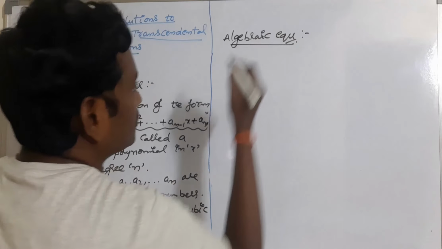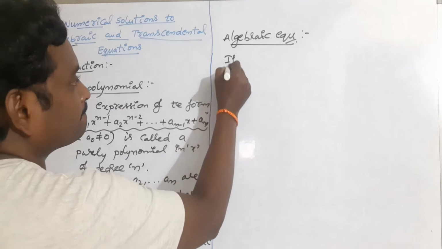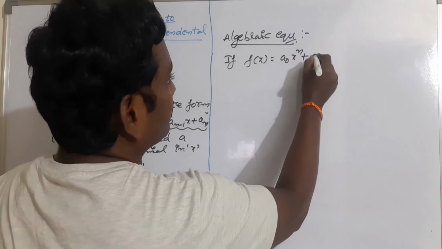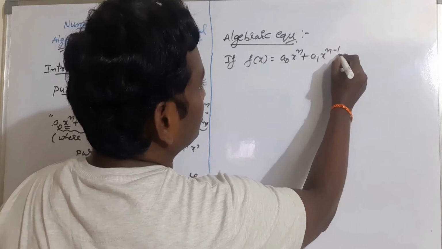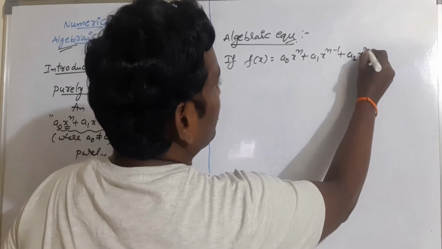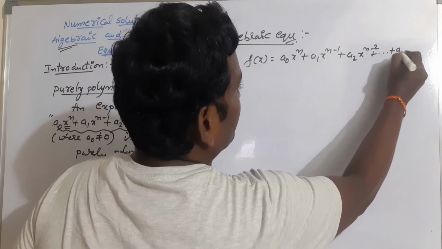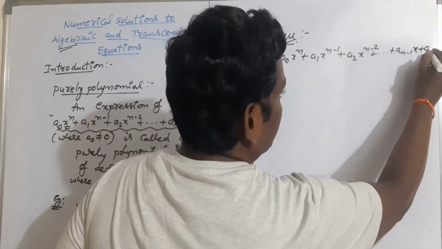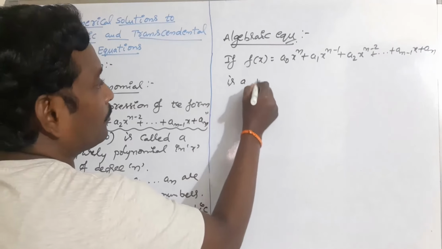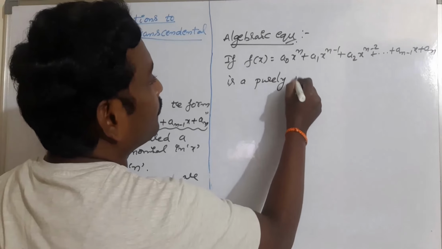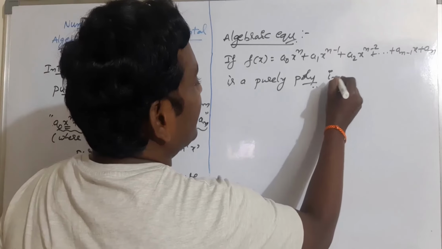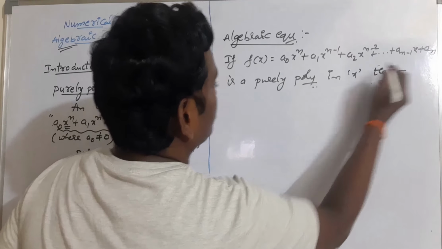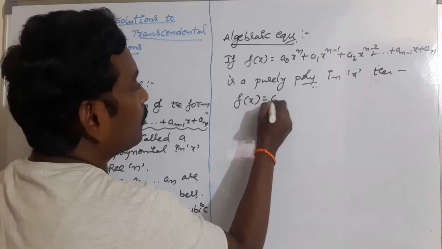If f(x) is equal to a0 x^n + a1 x^(n-1) + a2 x^(n-2) + and so on, last but one term is a(n-1) x + an, is a purely polynomial in x, then f(x) is equal to 0,